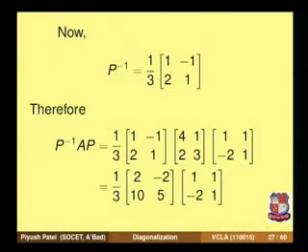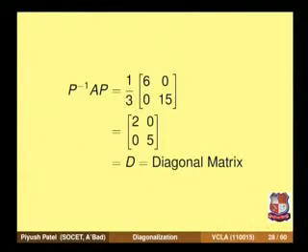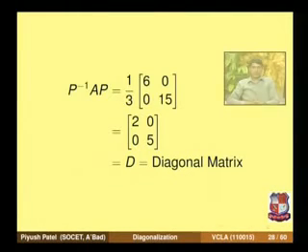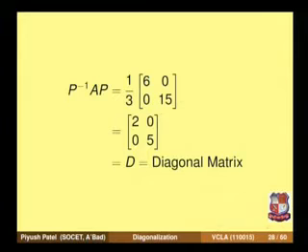Again finding the matrix multiplication of these two matrices, we have the following matrix: 1 over 3 into [6, 0; 0, 15]. And we know that alpha times A means alpha gets multiplied to each of the entries of the given matrix. Therefore we have [2, 0; 0, 5], which is the desired diagonal matrix similar to matrix A.